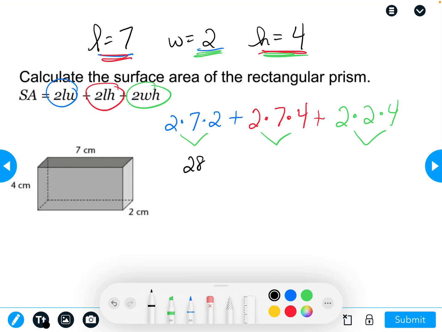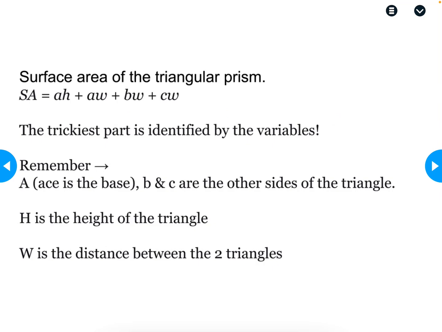So we got 28, 56, and 16. And when I add those 3 together, we get 100 centimeters squared. Easy enough. Let's move on to triangular prisms, which are a little more difficult because we don't have the luxury